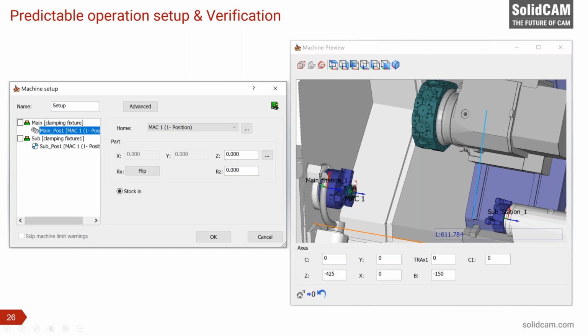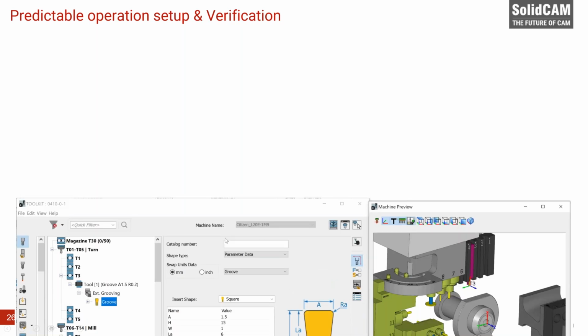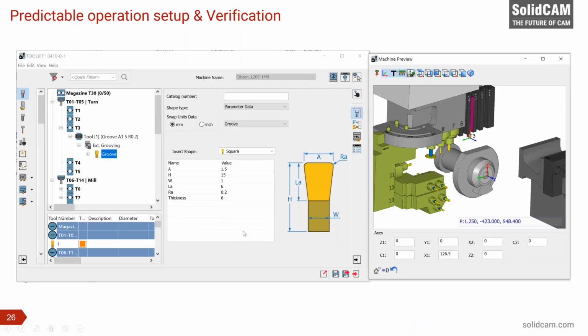Here you should describe if you have some fixtures, for example, we have jaws here, and how your stock and target is positioned according to this fixture, where you will put your coordinate system to calculate, and you need to describe this process for all tool tables you have on the machine. Here, for example, we have 2 tool tables. This is information you should add before you start the program, and you can check how it looks inside the